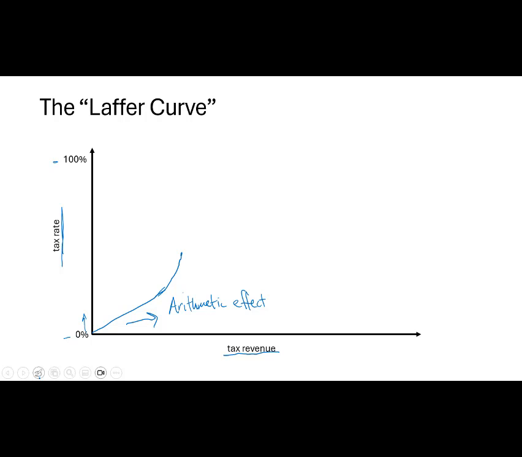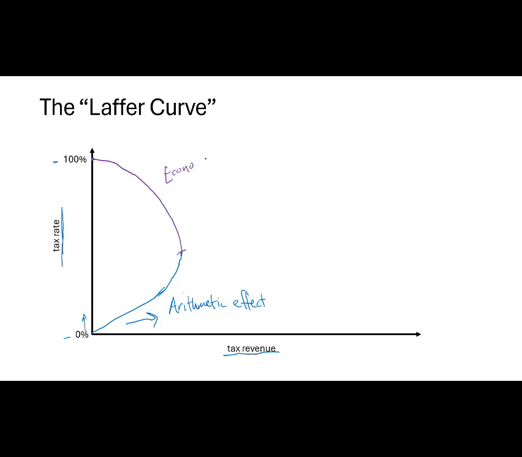We kind of turn the corner here, and as Laffer noted, you go from the arithmetic effect, and as rates get higher and higher, people say, you know what, I'm not going to work so much or invest so much because the government's taking more and more of my earnings. And then it starts to bend back like this, and of course, once we get to 100%, it goes back to zero. So there's a break point here, and Laffer calls the effect up here the economic effect.